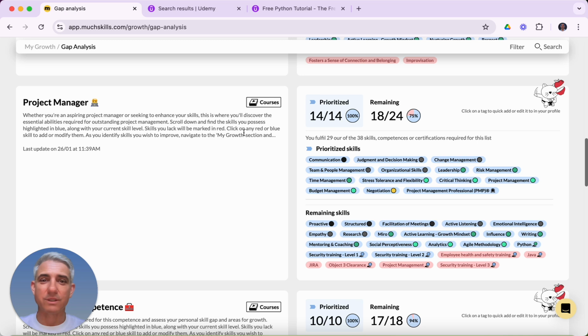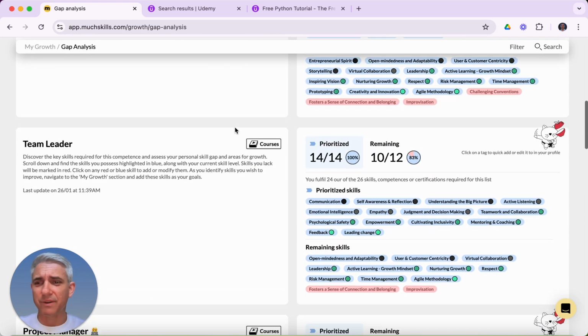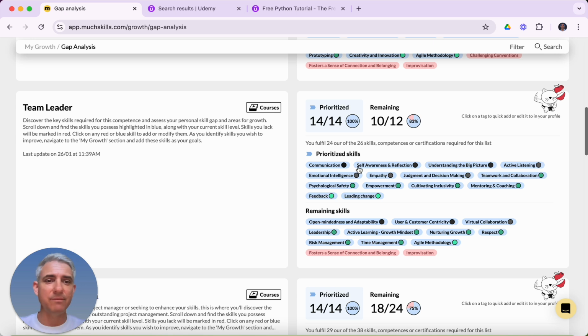So these are the courses and classes, and you can see your role. And this is your personal skill gap. It helps you think about what you could grow, what you could develop, what you could be better at to become an even better project manager. Maybe even find a role that you would like to have, like a team leader. You can look at your personal skill gap and think about